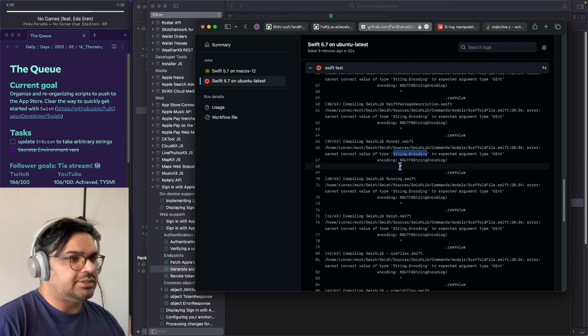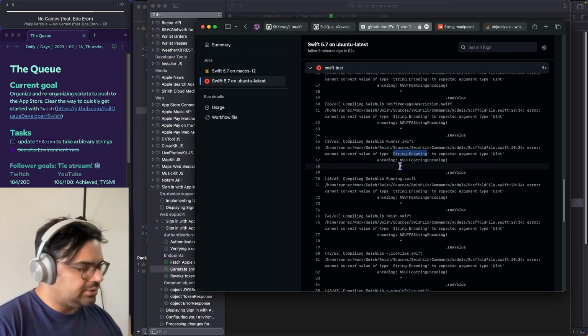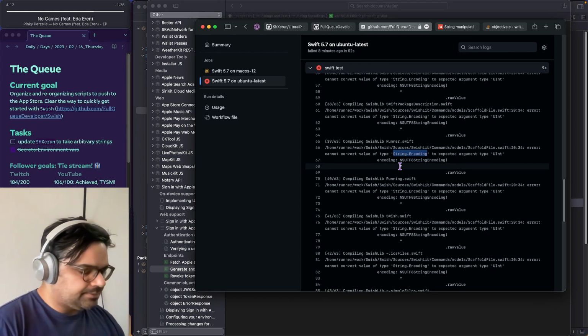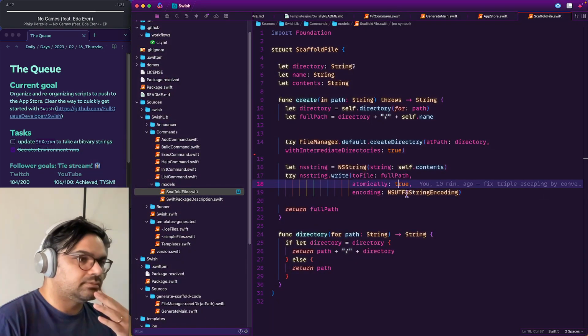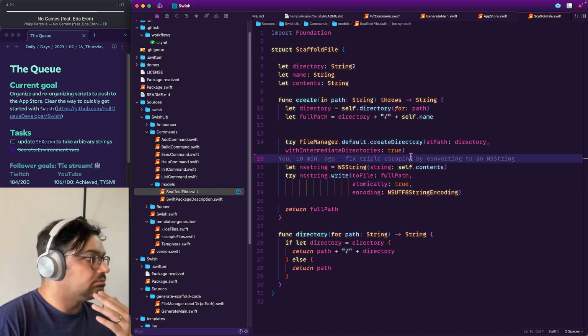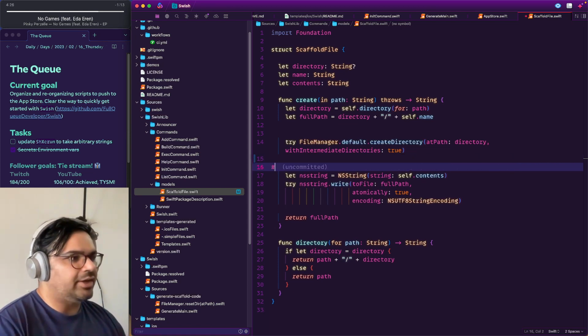I guess this is a string dot encoding on Linux now, which might mean that they're implemented differently. Okay, let's try